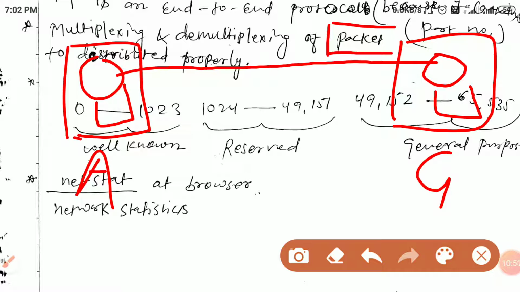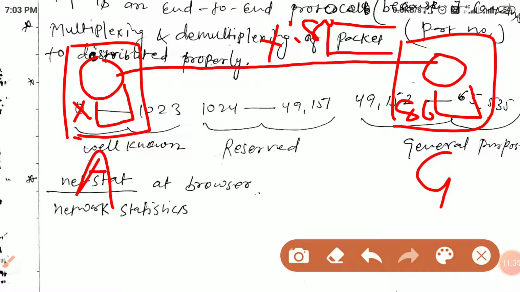Now suppose the operating system has given source port number X and the destination port number is well known, it is 80. Now you can understand it. Whenever the source communicates using X to 80, what will this buffer store? This buffer will store X colon 80. Okay, now everything is fine.